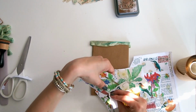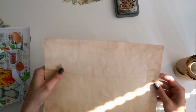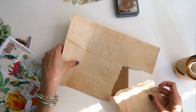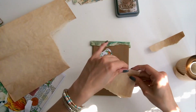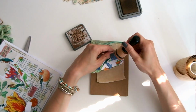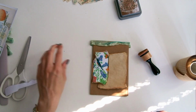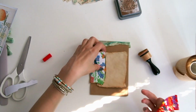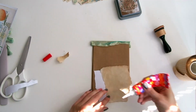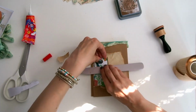So I am again choosing a piece of this beautiful collage paper. The colors on this are just so beautiful, and you can see that you have some more vibrant, brighter colors and elements, and also some that are neutral, so you can basically choose whatever suits your project. And I'm also using a piece of tea stain paper that I've of course inked around, and just gluing both of these elements on the back side of my pocket,